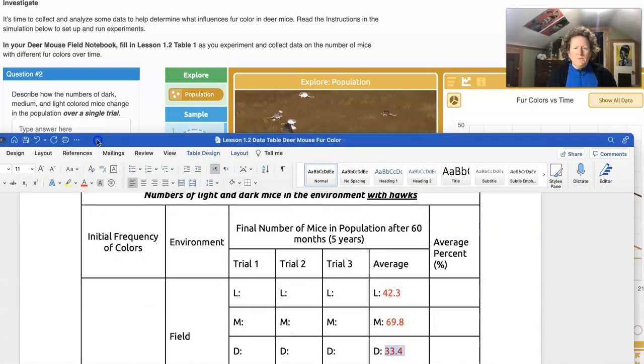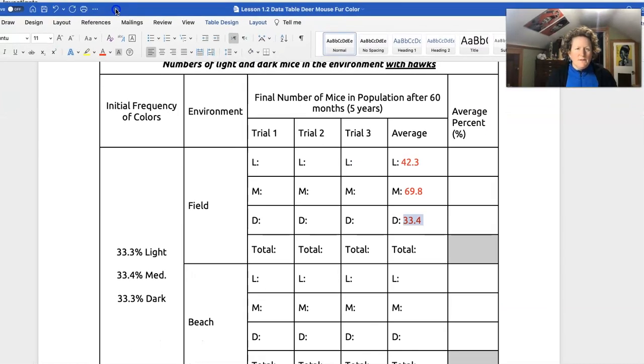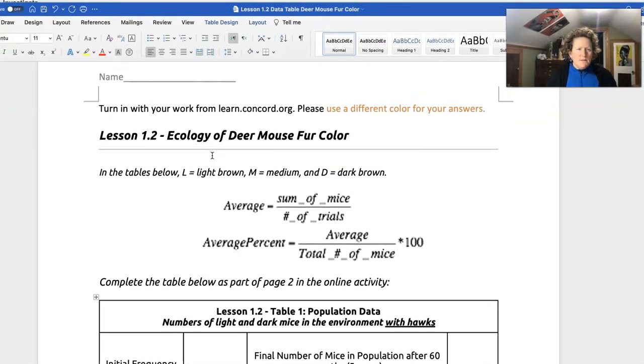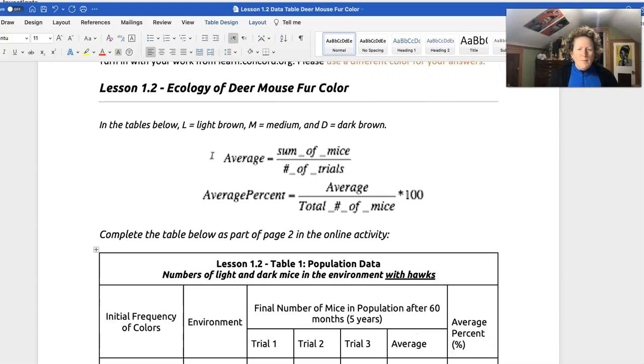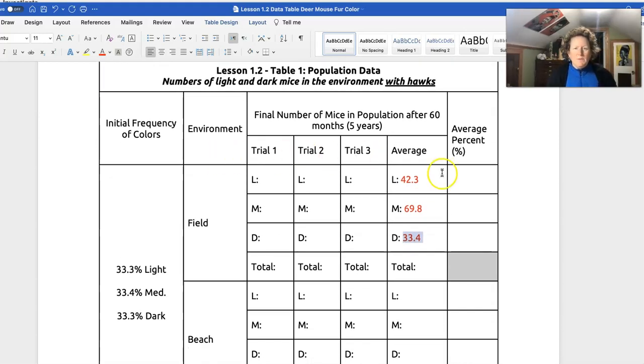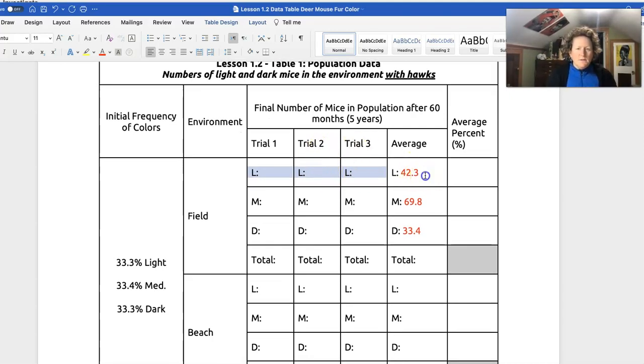Now I have a table here with just some bogus data in it so we can talk about how to take percents. This is table 1, population data. I came up with some bogus average numbers. We took averages in the last video. You remember taking an average. If you want to get the average number of light mice, you add the number from trial 1, trial 2, and trial 3, and then you divide by 3. Now these are bogus numbers because they're much too large, but they're good for showing you how to calculate